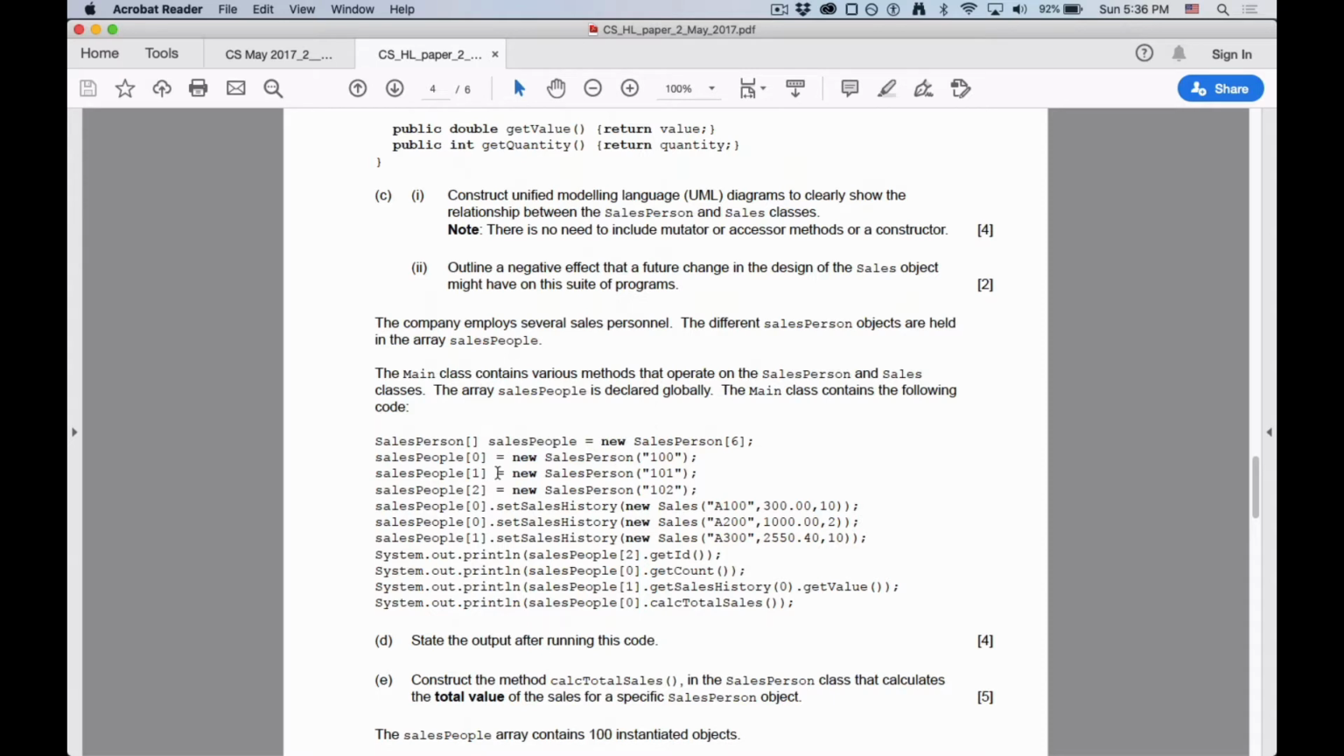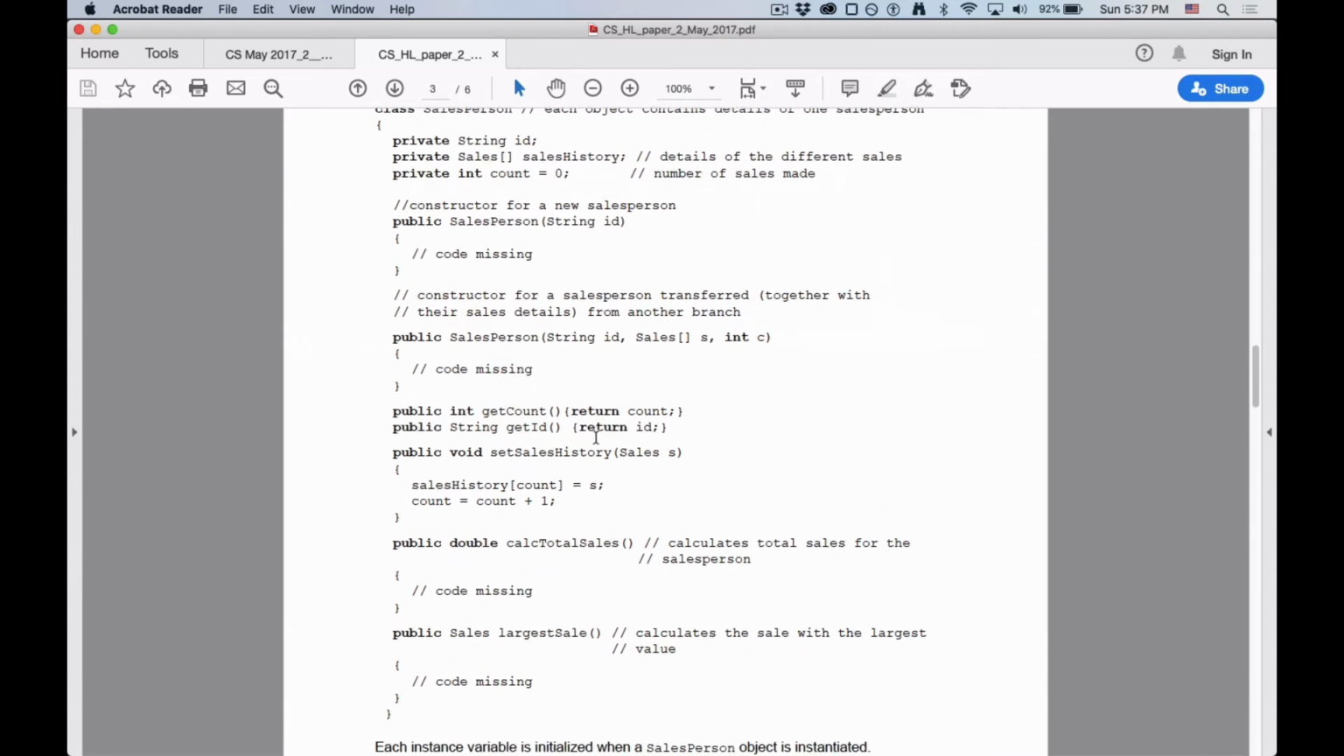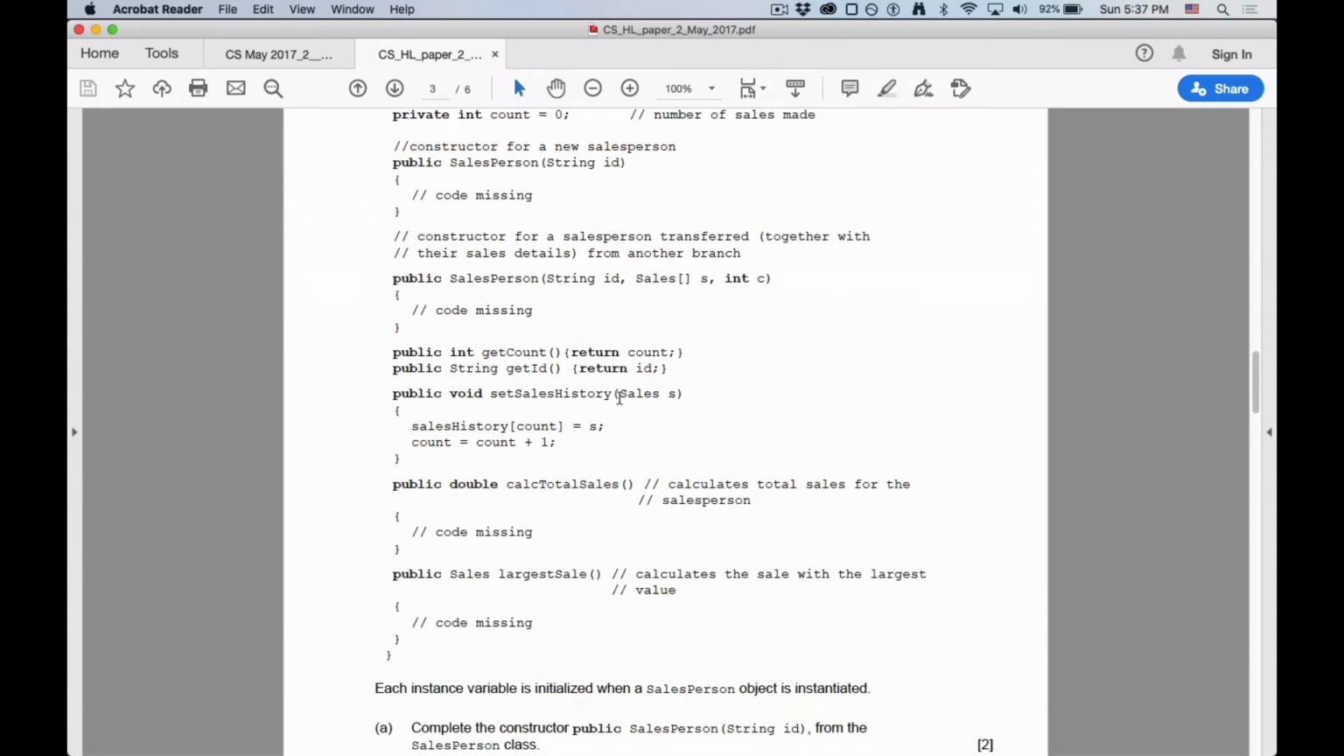So new salesperson, new salesperson, new salesperson. And then each of these, no, this is the 0th, which we already made. And then we're setting sales history. What the heck is that? Takes a new sales history. Sales history void set. Right, this is the one where we saw, right, it just keeps track of as we're going through the 0 and the 1 and the 2 and the 3 and the 4